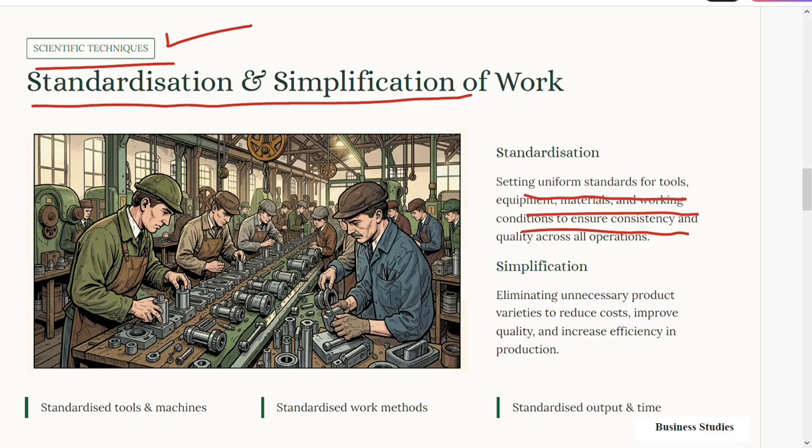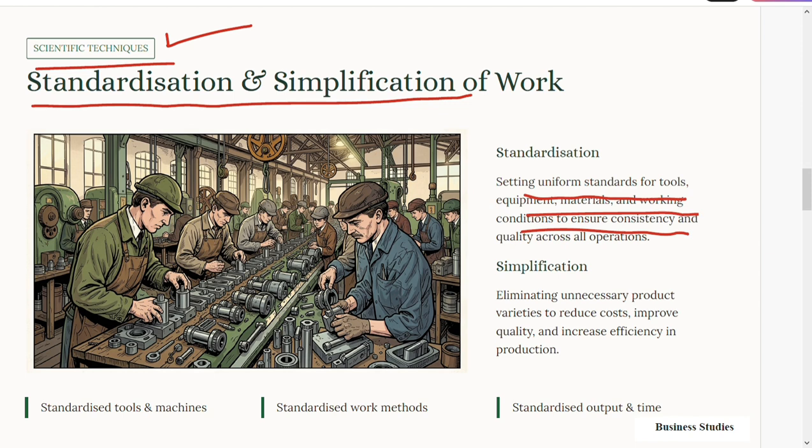That means, say we have different kinds of pens, you must have the Reynolds pen, right? Every Reynolds pen is similar. Why so? Because the company has given a specific standard that this is the way, this would be the length, this would be the breadth, this would be the color, this much of the ink would be put into the refill, and that is how the product is manufactured.